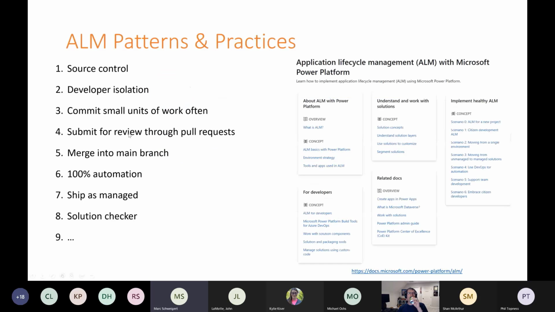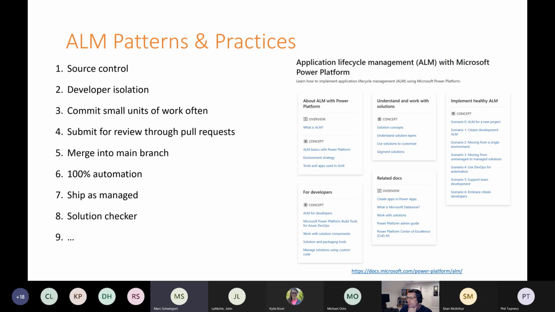Next slide, please. All right, so one of the things I want to make sure people are aware of is that we have a fairly recently refreshed set of ALM patterns and practices published up on docs.microsoft.com. And we recognize that for many people who read this that are brand new to ALM, it's a lot to consume, and how to practically apply many of these things seems in some cases a daunting journey, if you will, right?